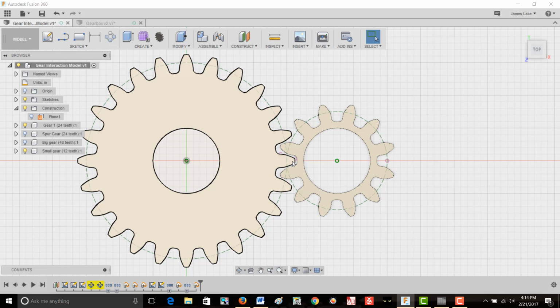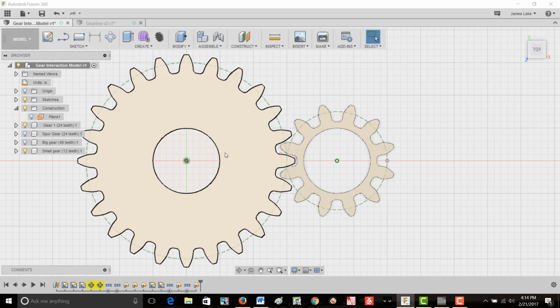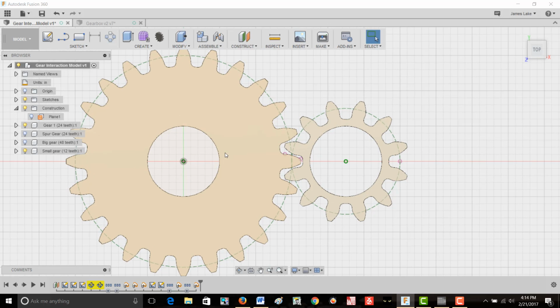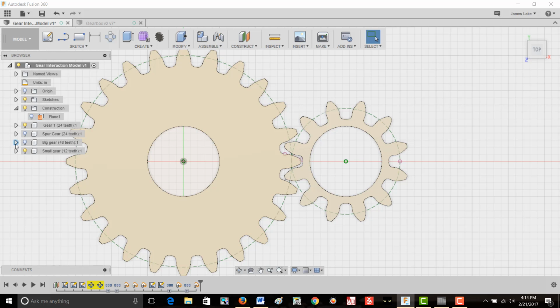effectively. This smaller idler will allow for a smaller and lighter gearbox, but smaller gears must rotate at higher velocity, which will place demands on the bearings and the shafts, which are already moving at approximately 6,500 RPM. The loads on the smaller gear will also increase because it has fewer teeth. In my judgment, this combination of higher loads and higher velocities is not preferable if the gearbox can meet the design criteria without them. So let's change one more time and have a look at a gear which is the same size